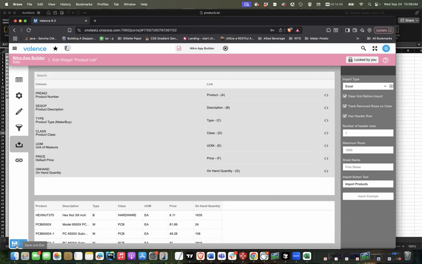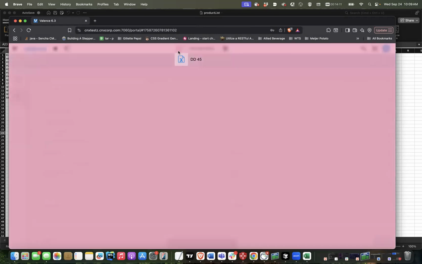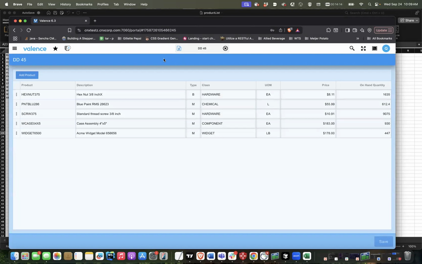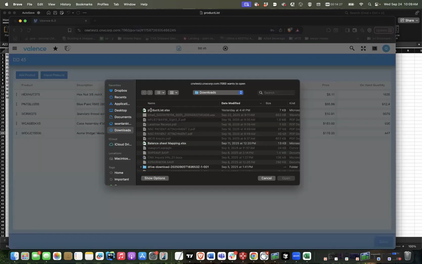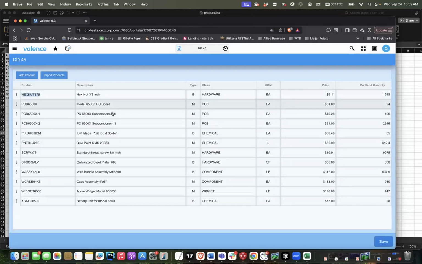Okay, so I'm going to save this. And now I'm going to rerun my application. And we should see a button there now. We should see that import product. So good. Let's just test it out. Import products. I'm going to select that same Excel file. And as you can see, it added all those rows. So when I click save now,